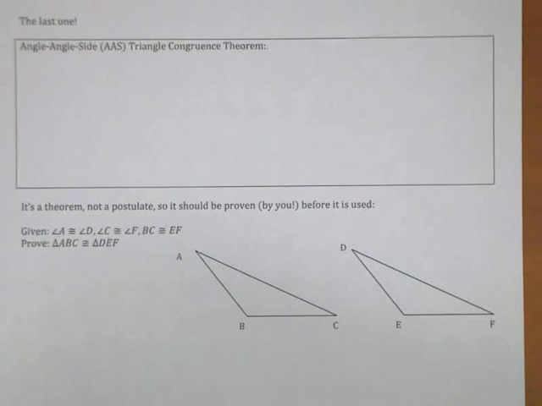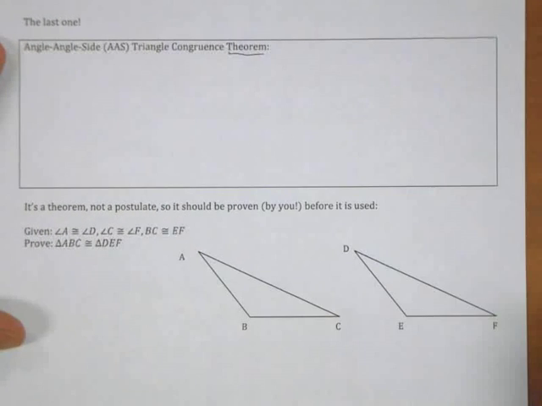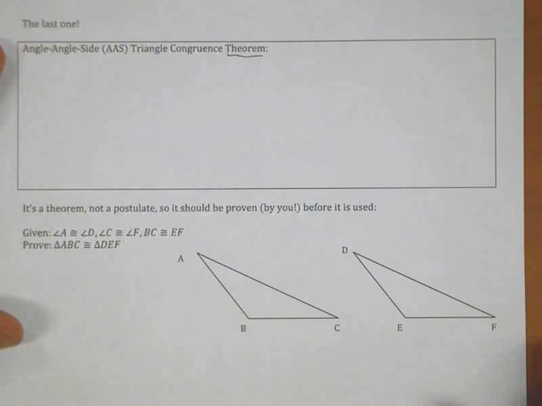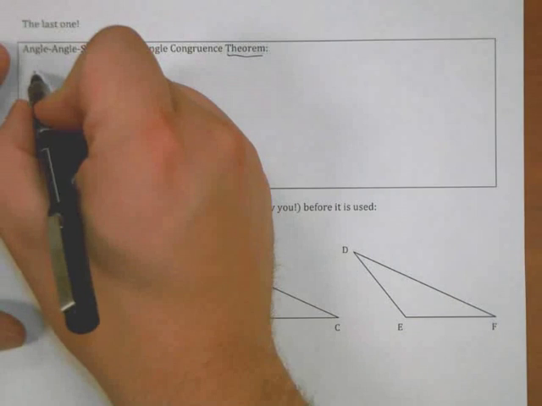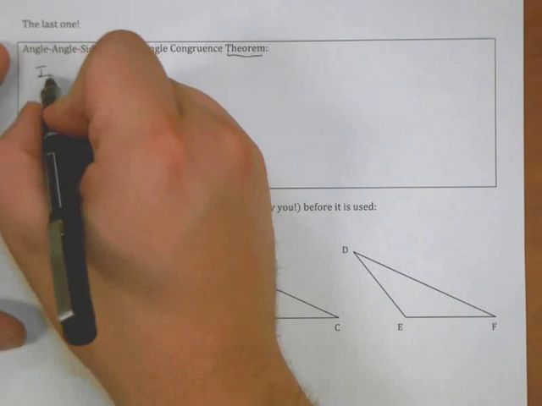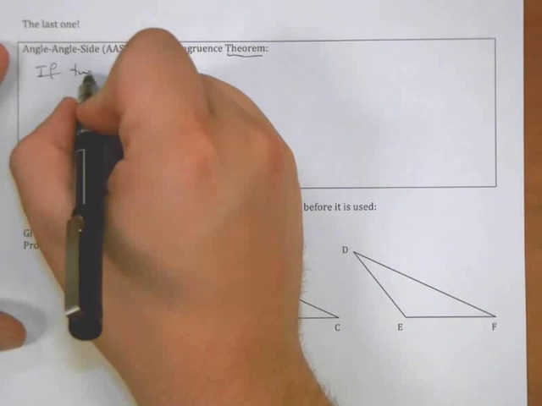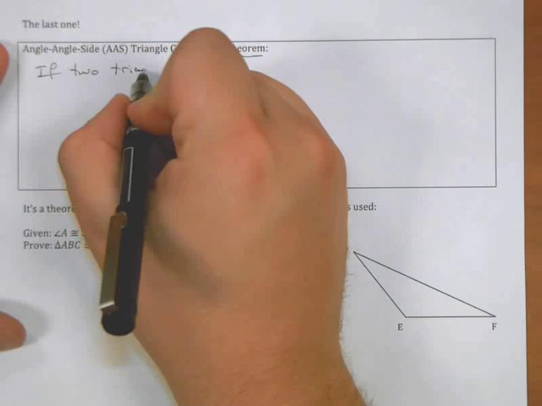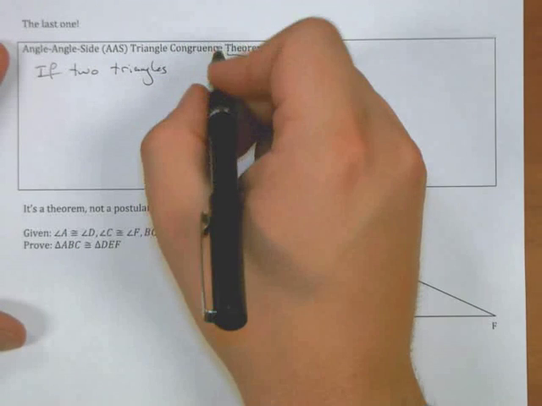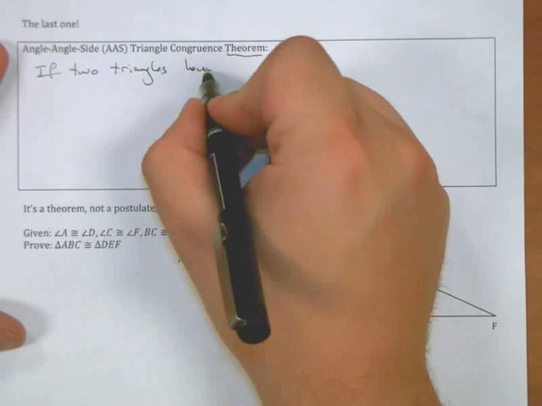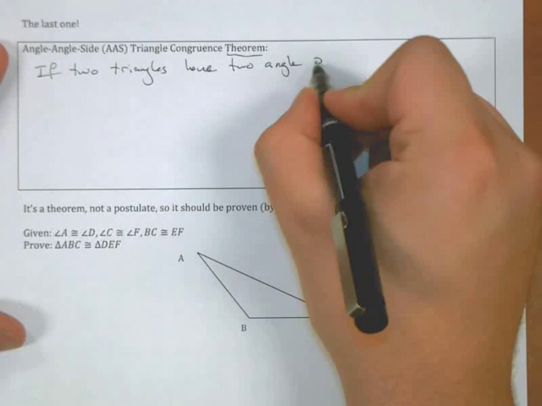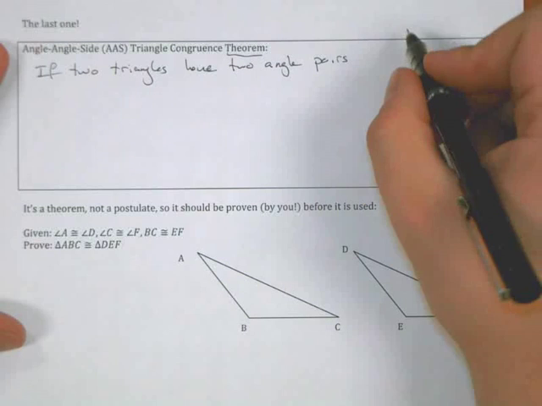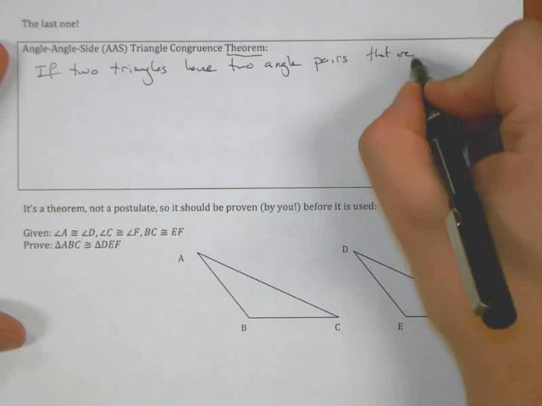Okay, the other triangle congruence idea is angle-angle-side. This one will be a theorem, so we'll actually prove this in just a second. Angle-angle-side is very similar to angle-side-angle in that it says that if two triangles have two angle pairs that are congruent,